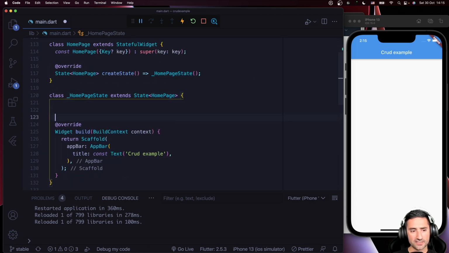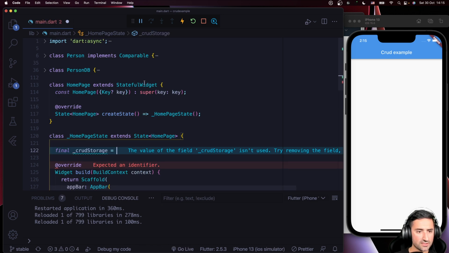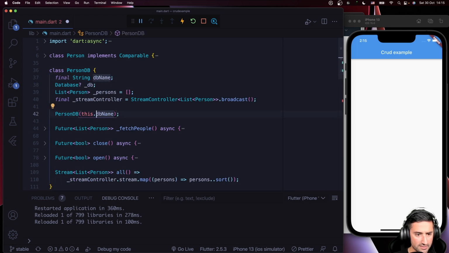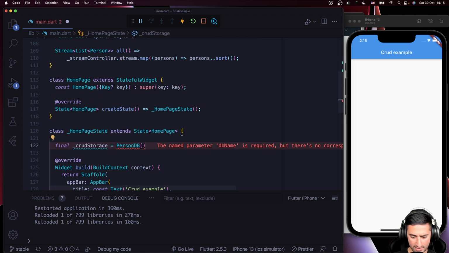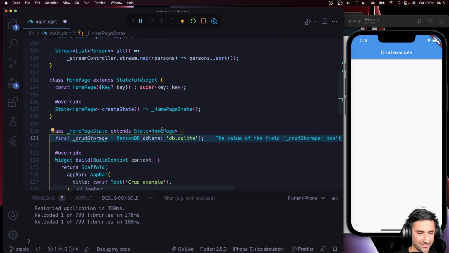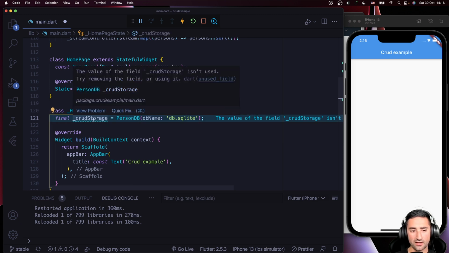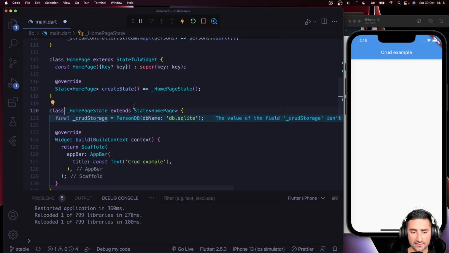And in here, I'm going to say final CRUD storage is equal to, what's it called? PersonDB with a capital B. And I think there was a parameter as well, right? DB name or something. DB name. Yeah, let's make this required. It's a required named parameter, and then in here we say DB name is db.sqlite. I'm kind of following a Django convention here for my database. Feels good. Now that we have the CRUD storage, we have to open it upon instantiating this,